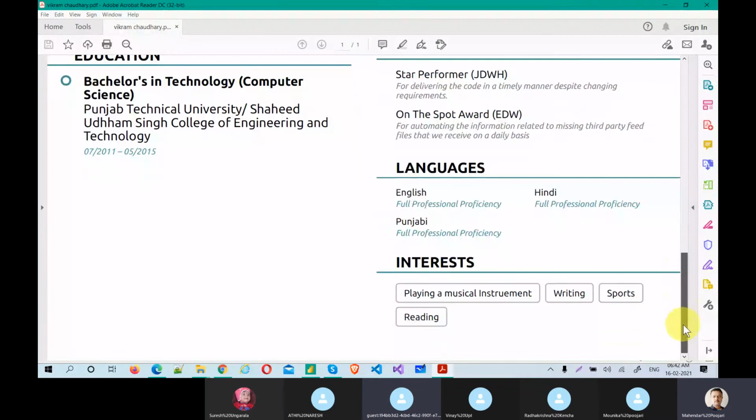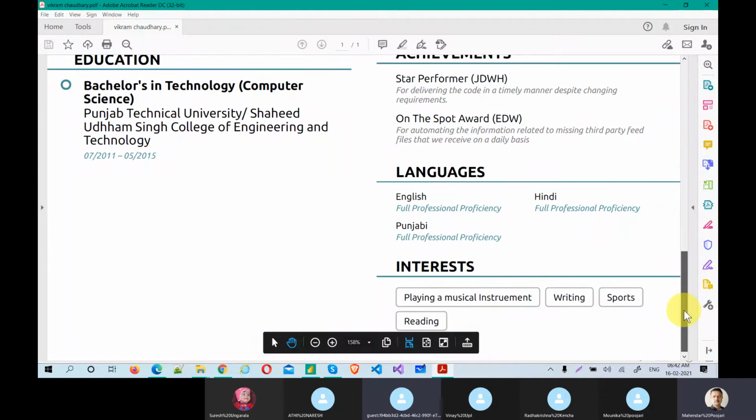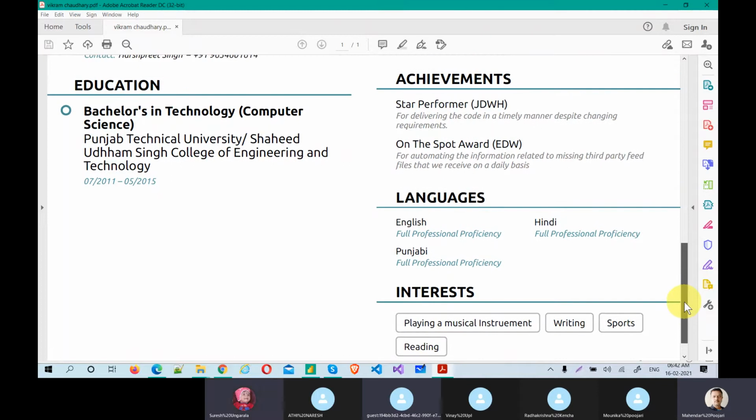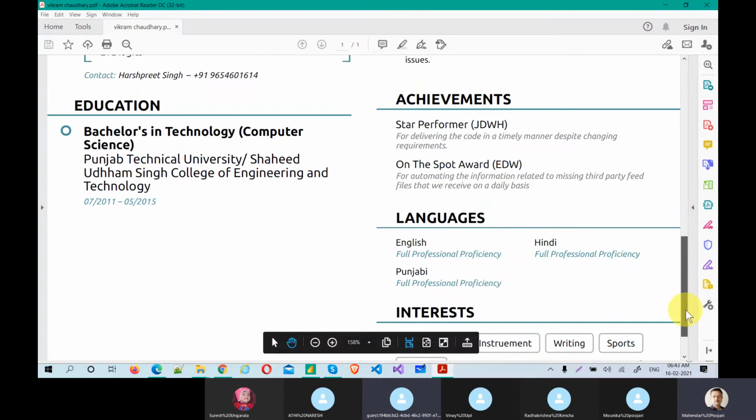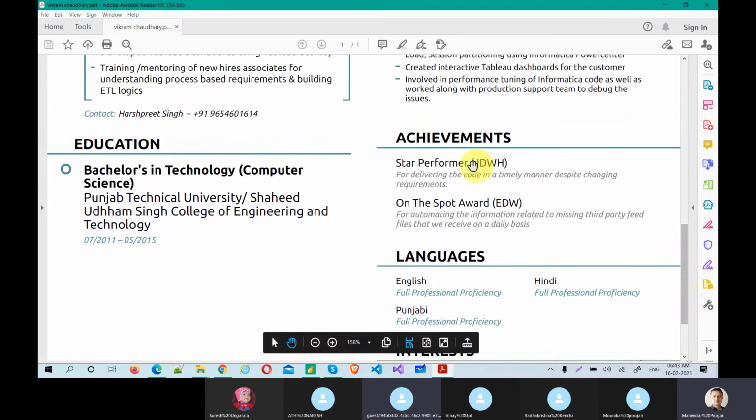Okay, they will see. But this is really good, man. I never see this, but for interests, no need to type. If you really have a passion, then you can use this. Again, languages, that's okay. I prefer, but I never prefer. Anyway, you have to fill this information in the HR portal while joining. I don't prefer these two things because I don't have any other interest. Okay. Yeah, but achievements.